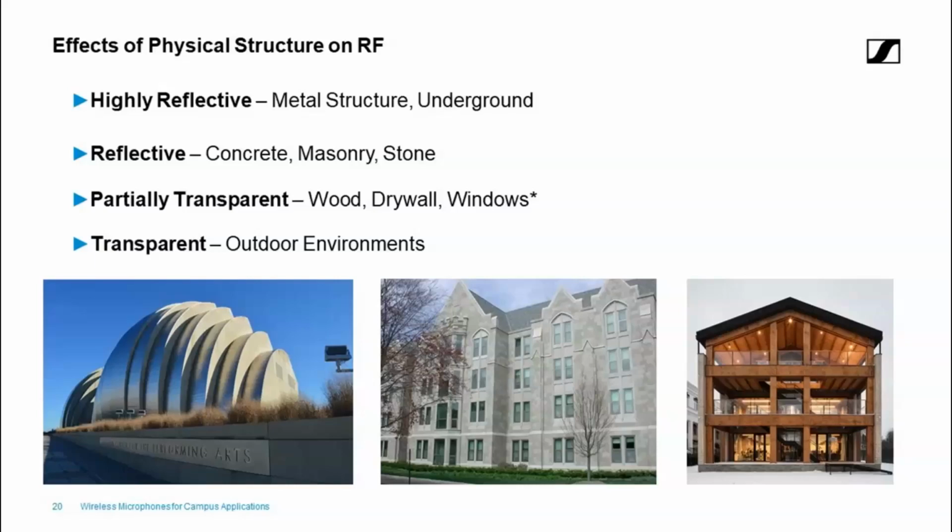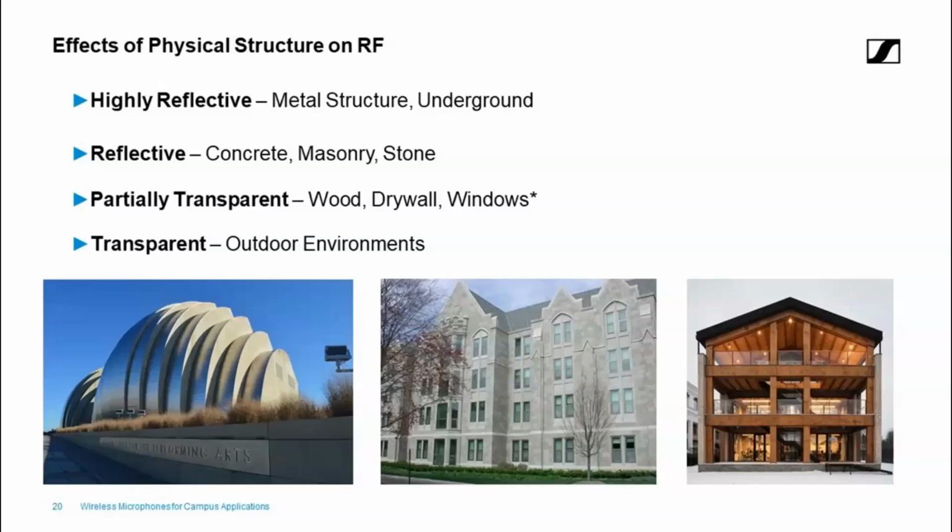One thing to say about windows, most people will say, okay, so windows, it's very transparent for RF, and all RF can shoot through it. But not all windows are created equal. A lot of the windows will have some metallic tinting that's part of the window and can really attenuate the signal 30 or 40 dB, depending on the makeup of that window. So that's always a good thing to test. Just don't assume that if you have windows, you're going to have a lot of interference coming in. I've seen some windows that have really blocked a lot of interference from coming into a certain space.